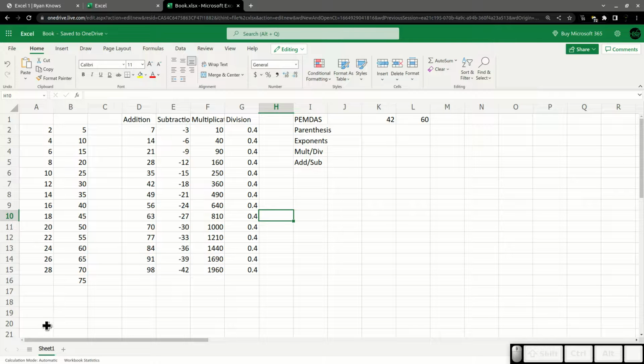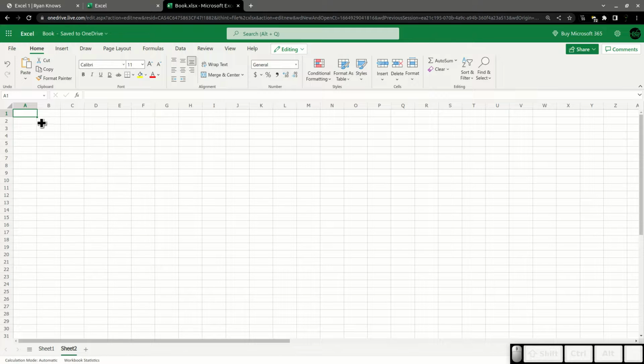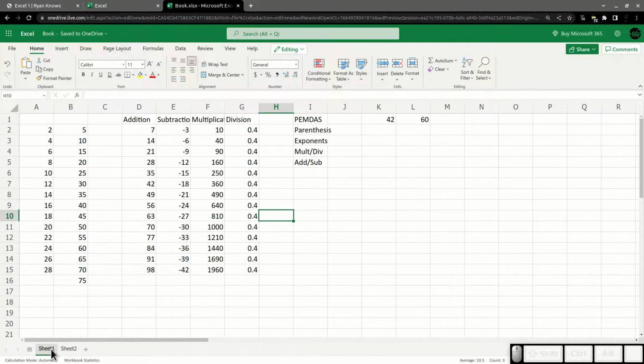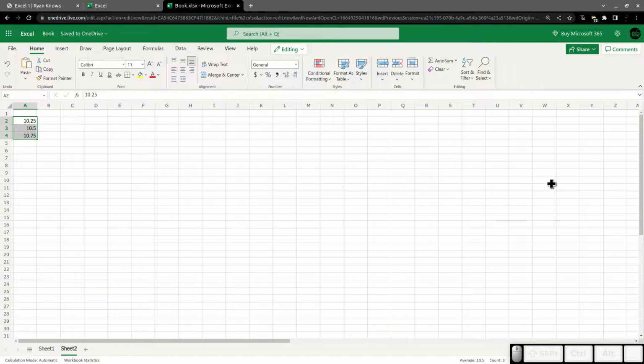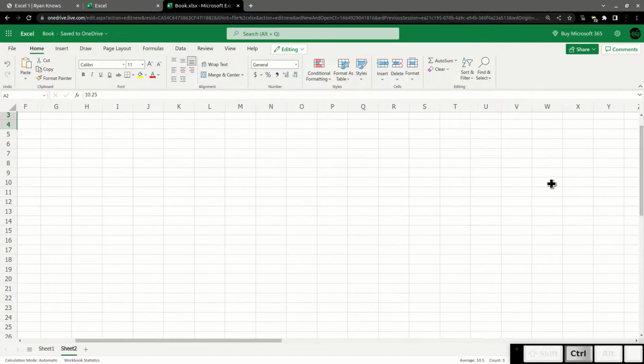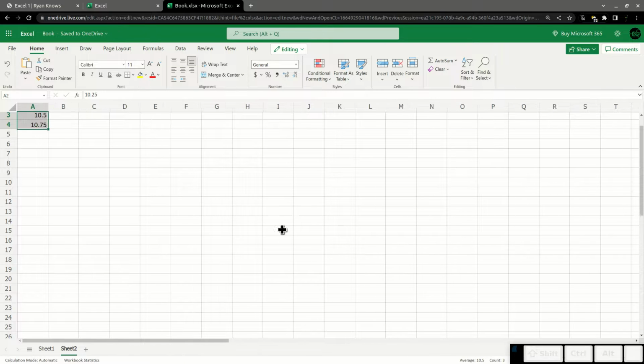So, I'm going to make a new sheet really quick. For that new sheet, we talked about this last week, but I'll remind us. The way I got a new sheet here is I just click this plus, and now I have our original sheet that we were working on, and I have this new sheet, which is not zoomed in like the other one. Okay. The sheets can be independently zoomed in.